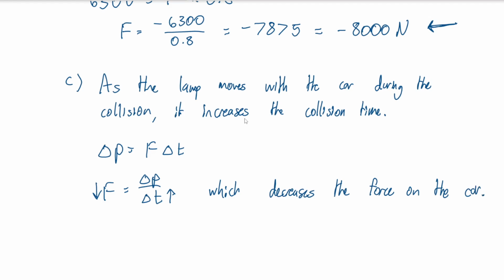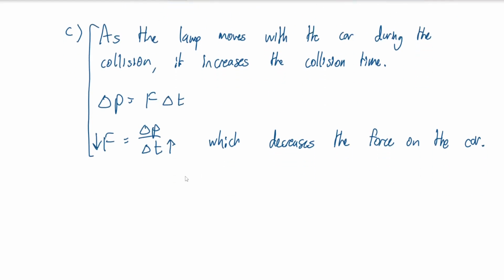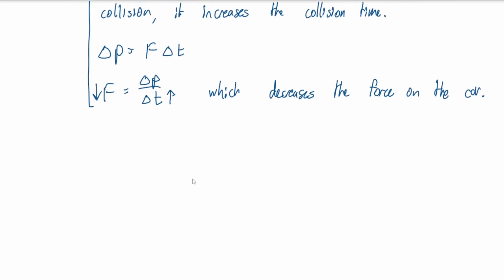Cool, so that is 1 point. But how else could we decrease the force? Well, we also have change in momentum to consider. So what's going to be different? As the car hits the lamp, instead of the car just stopping, it will continue forward with some small velocity. So change in momentum will decrease,